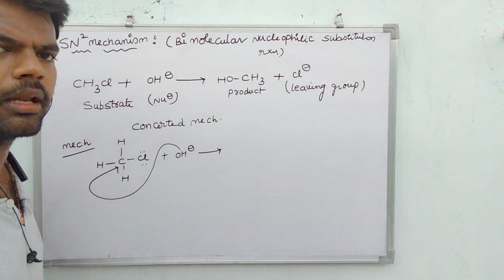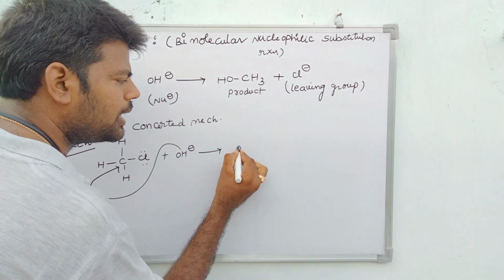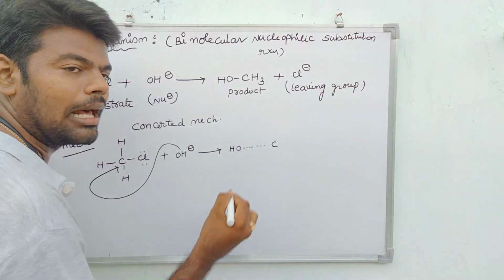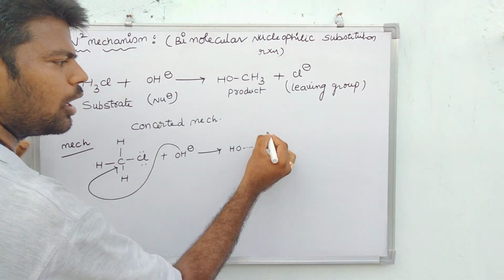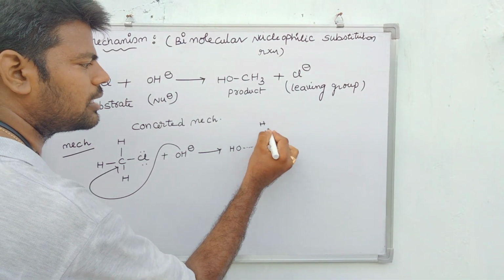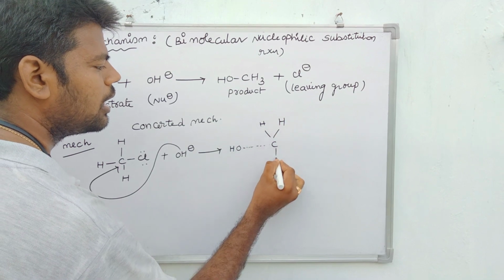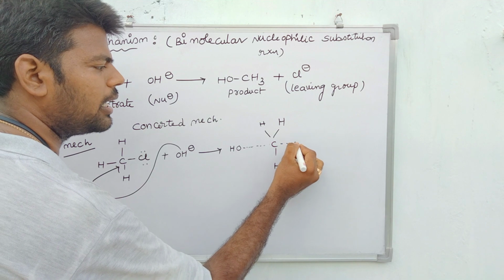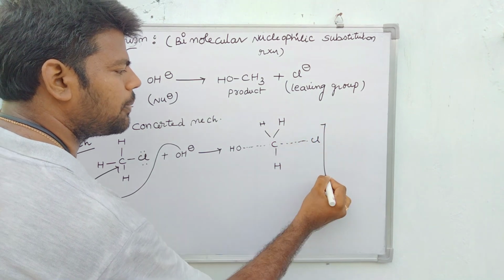Observe this point carefully. Where the OH group is, it will attack toward the back side of the carbon. How many hydrogens does this carbon already have? Three hydrogens: first hydrogen, second hydrogen, and the third hydrogen atom. The chlorine atom slowly undergoes bond breaking. Therefore, it represents one chlorine atom.